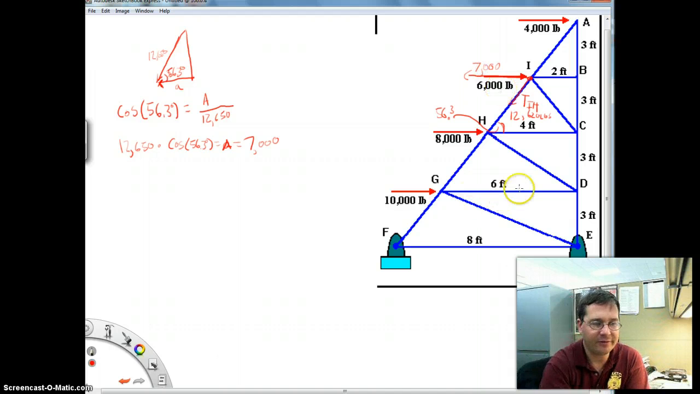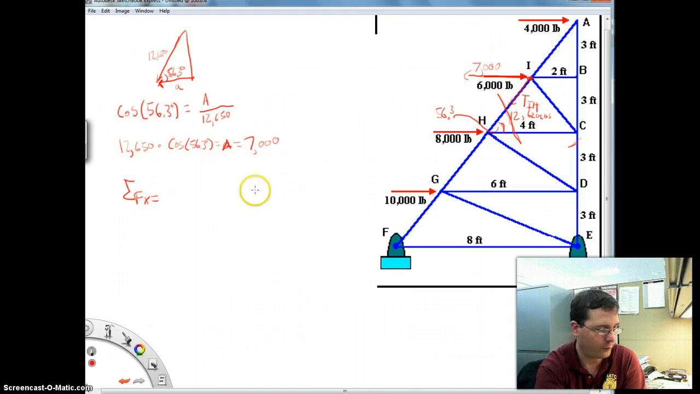Now, I'm going to solve this by method of sections. And so what I'm going to do is section this truss right here. I'll cut it here too, and I'm going to think about static equilibrium. So let's think about the sum of the forces in the x direction. Well, I've got 4,000 to the right